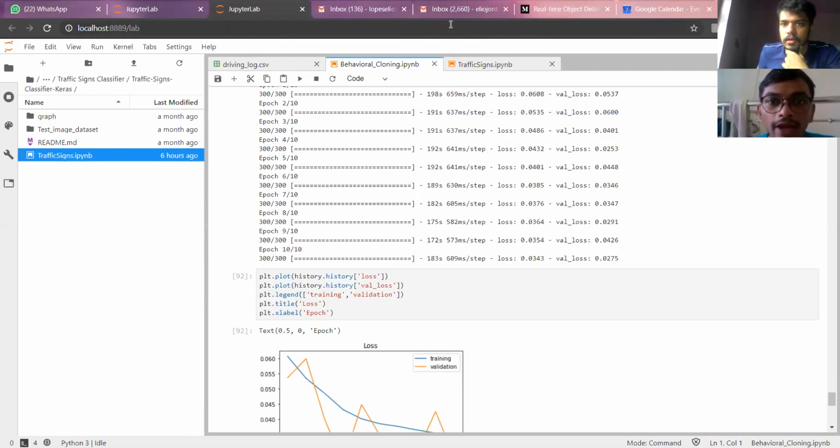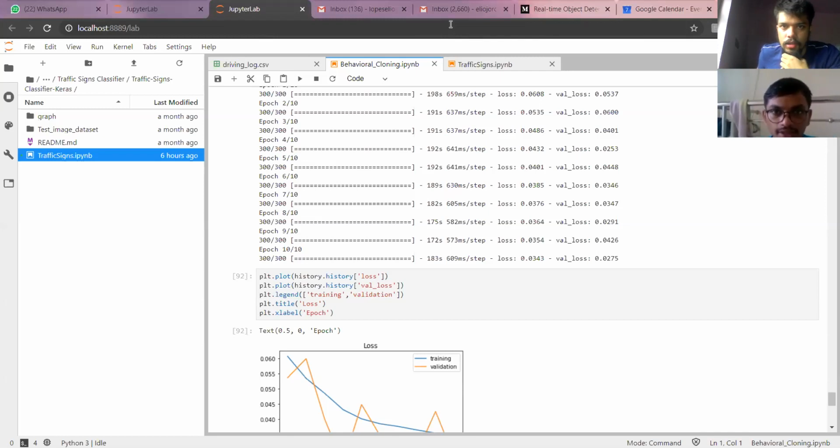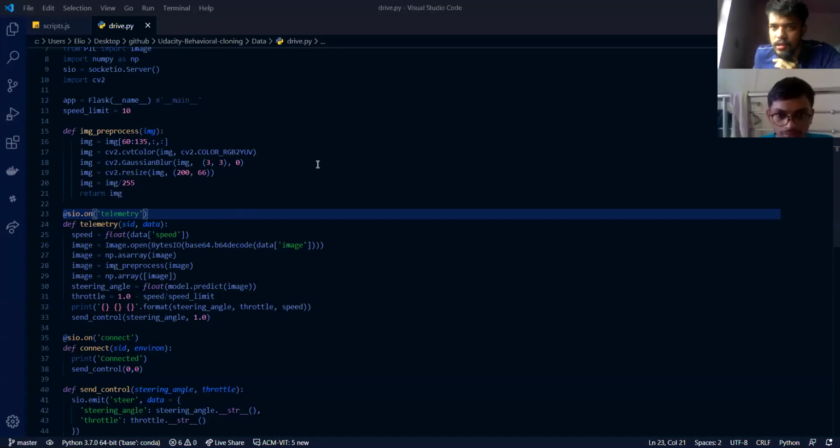You enable my screen sharing, I'm not able to share the screen. Yeah, give permission to share. Okay, you open the Flask part. Share the screen and open the drag.py file. Are you able to see the screen?